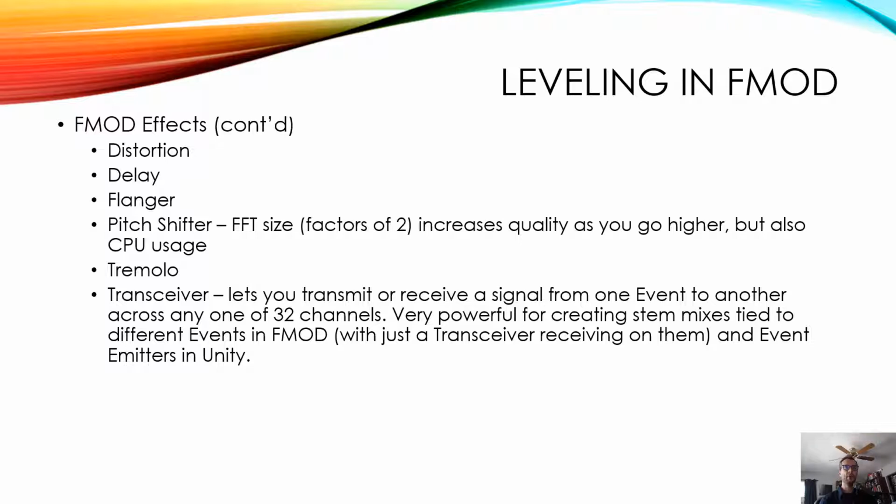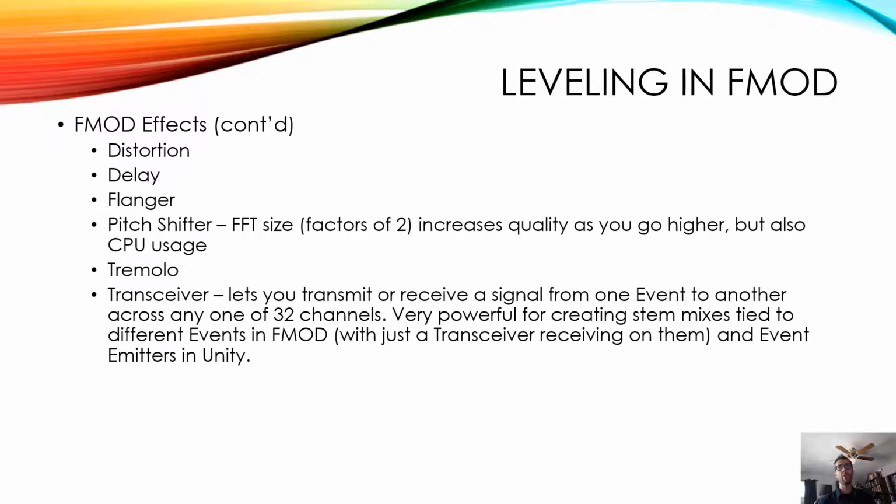There is a pitch shifter, which uses fast Fourier transform sizes, which must be factors of 2. So 2, 4, 8, 16, 32, 64, 128, 256, 512, 1024, etc. The higher quality you go as you go up, but also higher CPU usage for the final game, so be aware of that. There's also a tremolo effect, and finally there is a transceiver, which lets you transmit or receive a